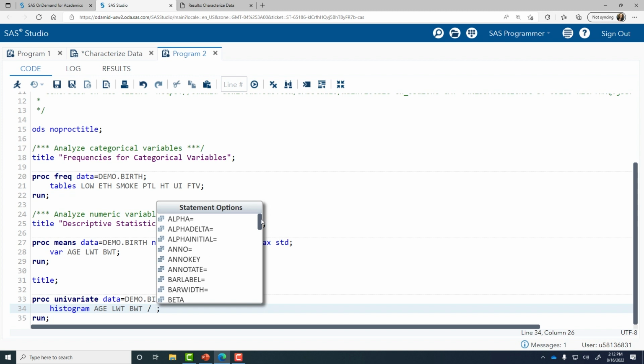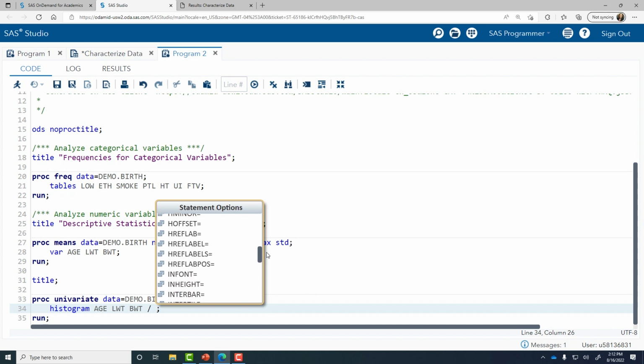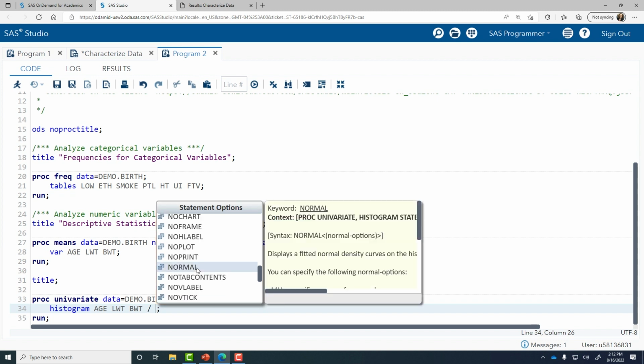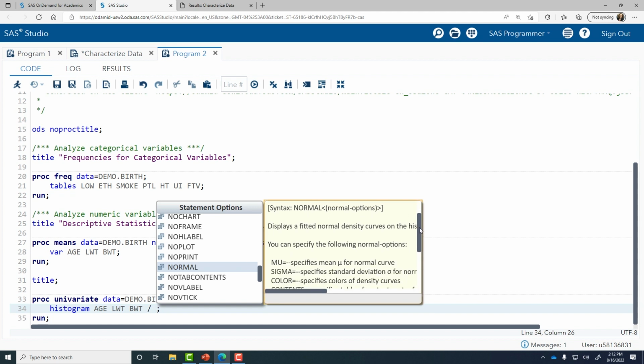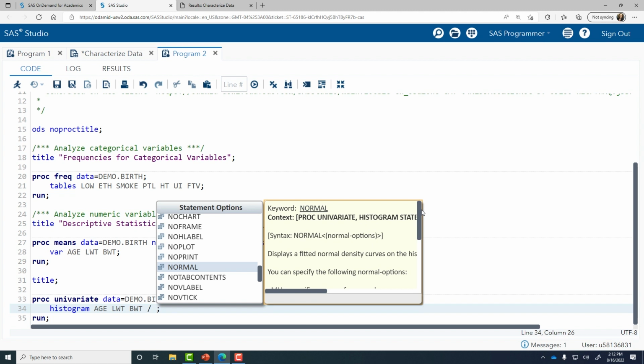And so this is showing the interactive syntax that SAS will provide to you if you're not familiar with the syntax of the procedure that you're coding. So here, this is giving me all the possible options that I could specify on the histogram statement. The first option that I want to specify is the normal option, which will superimpose a normal curve. So I select that, and you see that when I select it, some information about that option comes up on the right. So this gives me more description about the option. And if I didn't know that that was the option that I wanted to use, then I could click through several of these and read this information on the right.